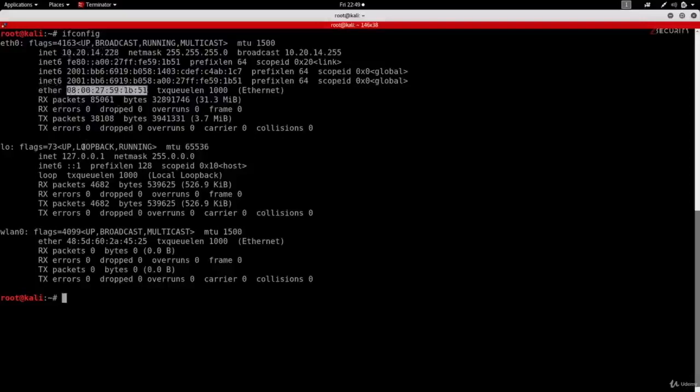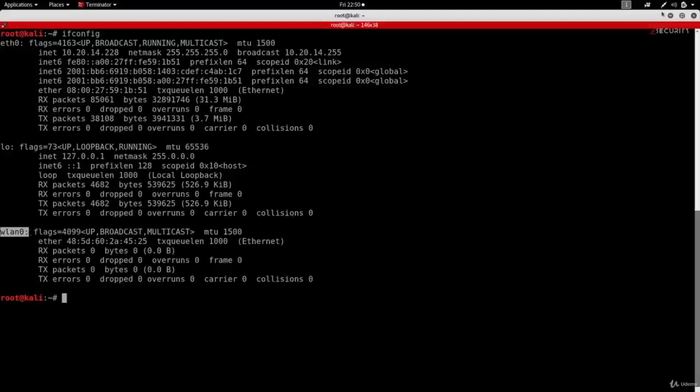Now you can see similar information for my other two interfaces, the lo and the wlan0. The only thing is, for both of these interfaces, we do not have an IP address, and the main reason is that none of these interfaces is connected to a network. lo is a default interface created by Linux, and wlan0 is my real wireless adapter, so I can use it to connect to Wi-Fi networks.